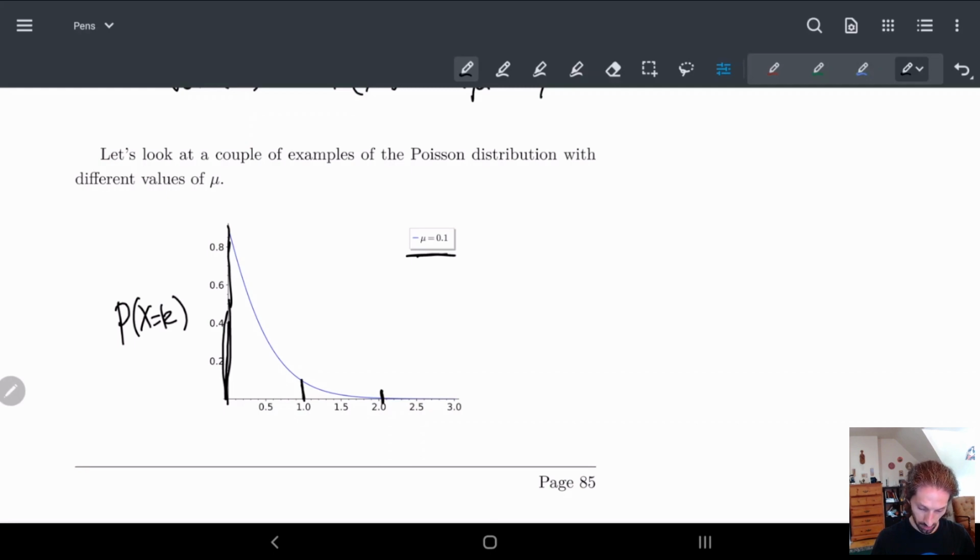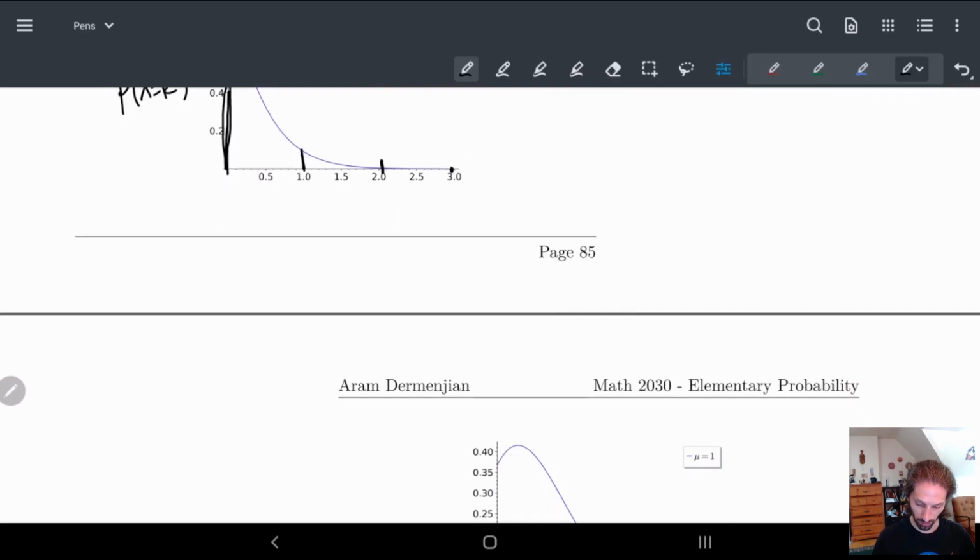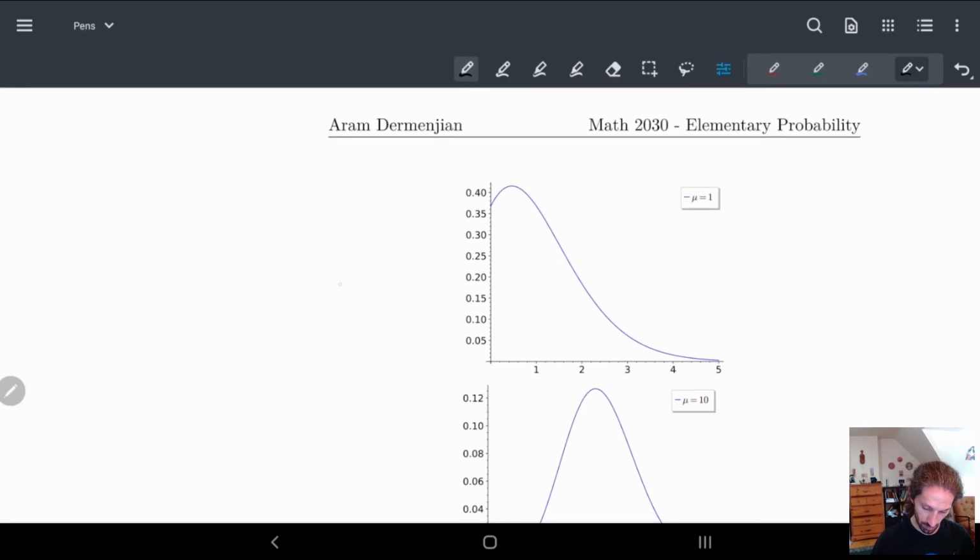So these other parts, it's a continuous graph, but we only care about these particular points. Notice how k is equal to 0 is the highest likelihood in this example. Here, again, if I have a different parameter, here mu is equal to 1, again, we're going to notice 0